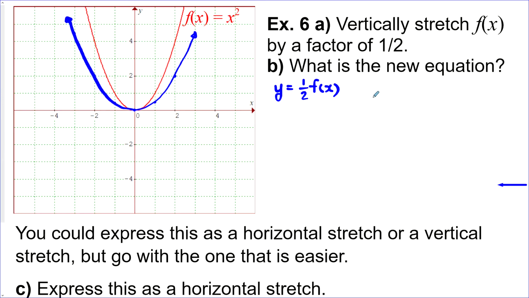So let's do that. Y is equal to 1/2, and I'm just going to put what f of x actually is. It's x squared. So there we go. That's the function in terms of x. This is the function in function notation, and it's just showing the transformations,